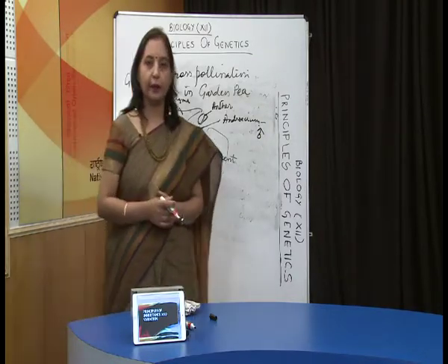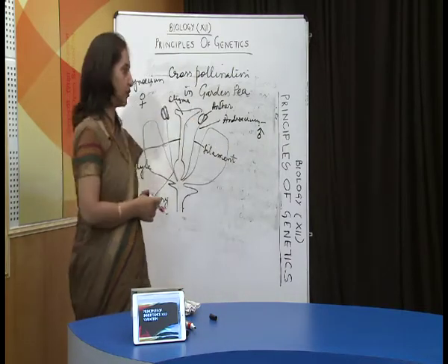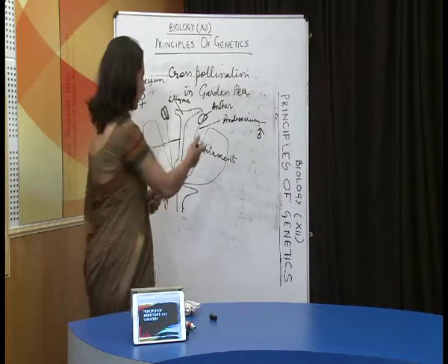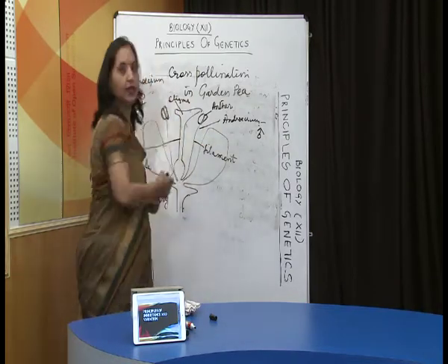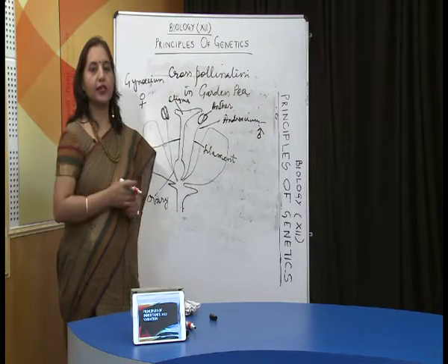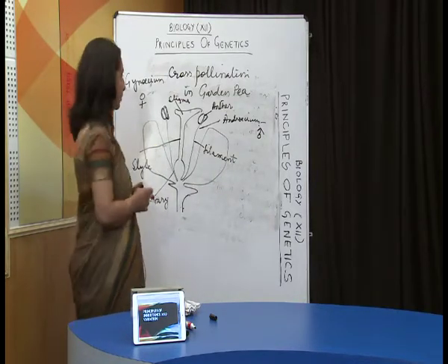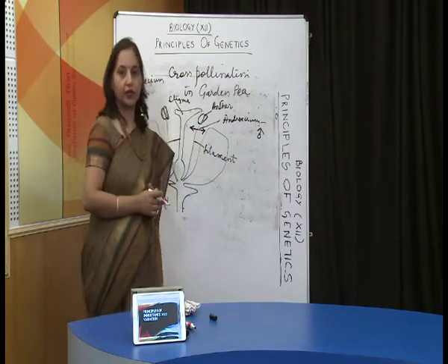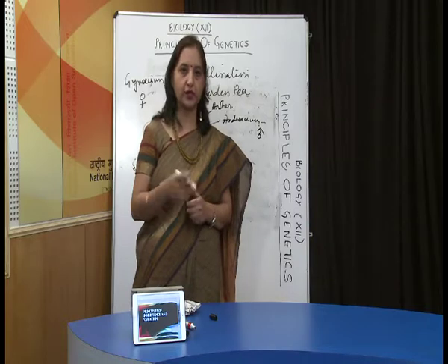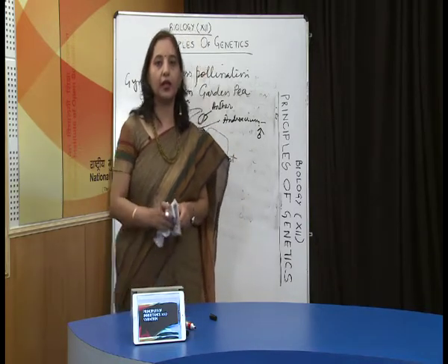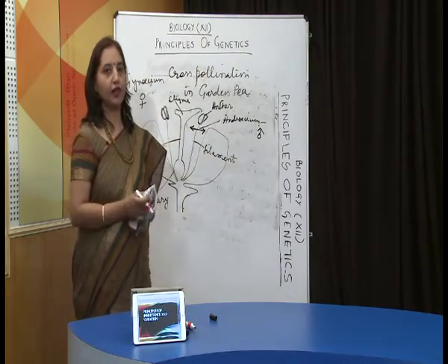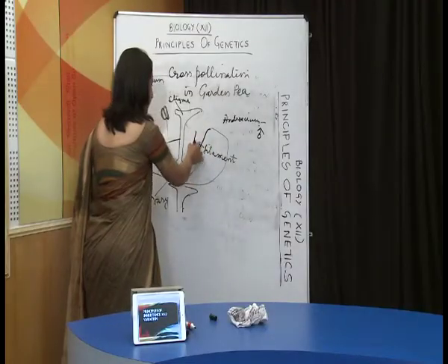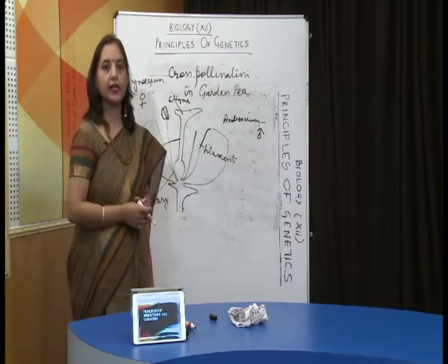Since the pea plant has a bisexual flower, which has both the parts, male and female, in the same flower, that is androecium as well as gynoecium in the same flower. To prevent self-pollination, what Mendel did was, he cut the anthers at a very young stage. Before the pollen grains could mature, he cut the anthers in the bud condition only. And this cutting was called emasculation.